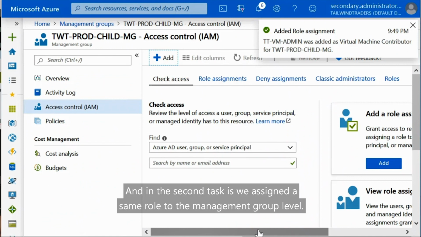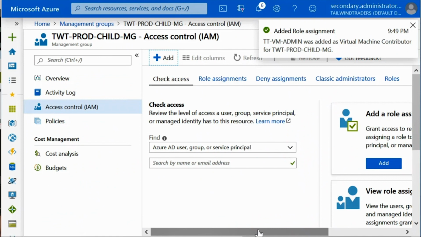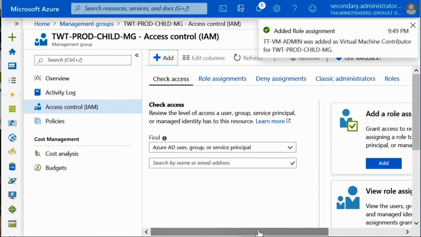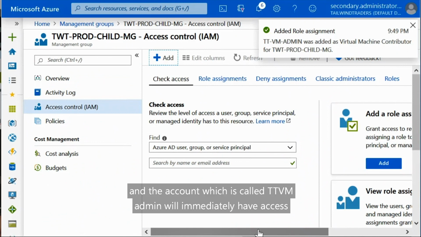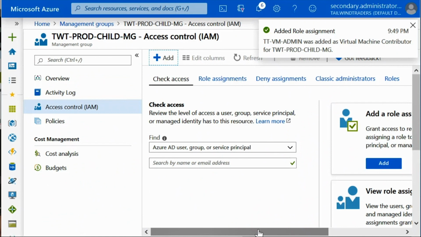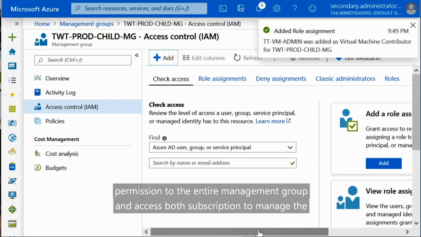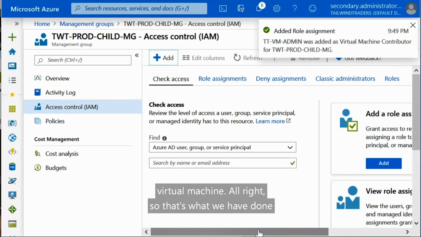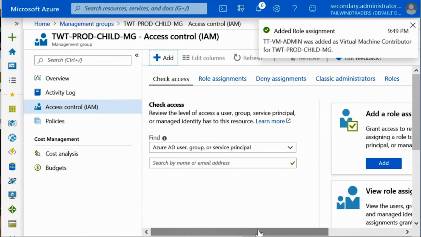The second task is we assign the same role at the management group level, so both subscriptions under the management group will have the same role assigned. And the account called TTVM admin will immediately have access permission to the entire management group and both subscriptions to manage the virtual machines. All right, so that's what we have done.